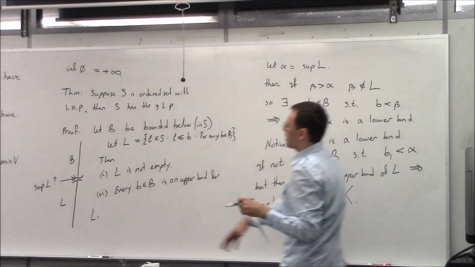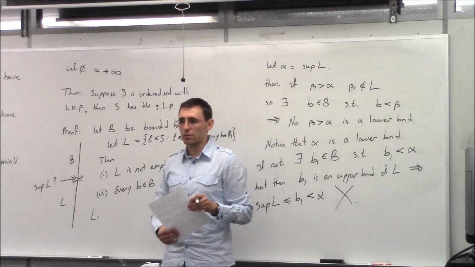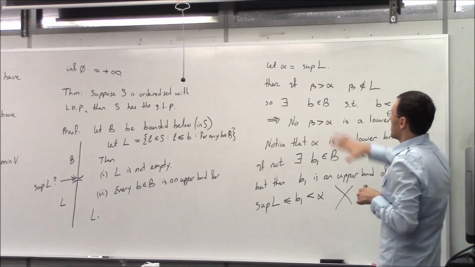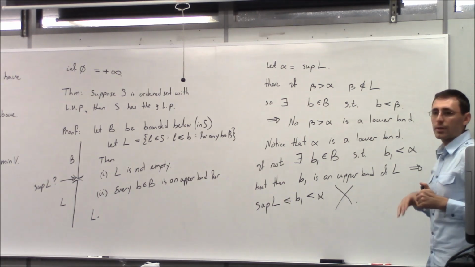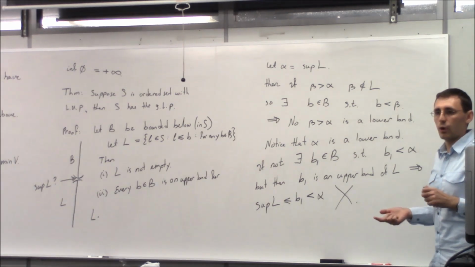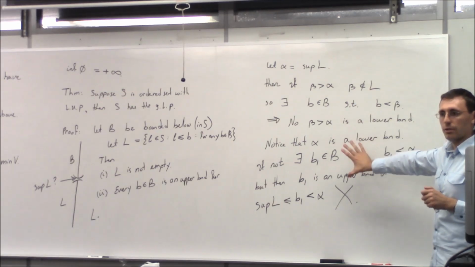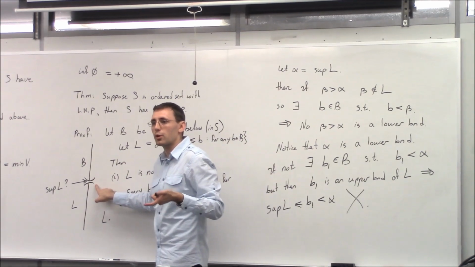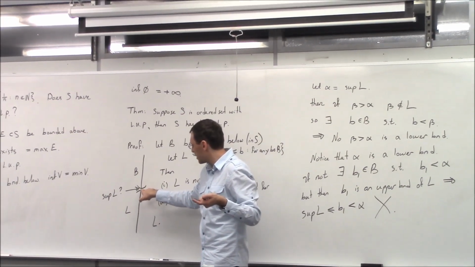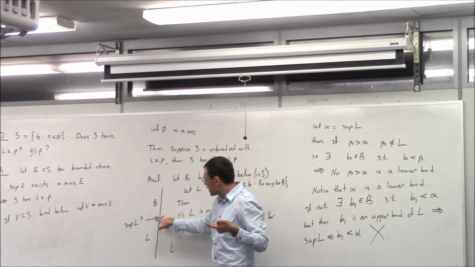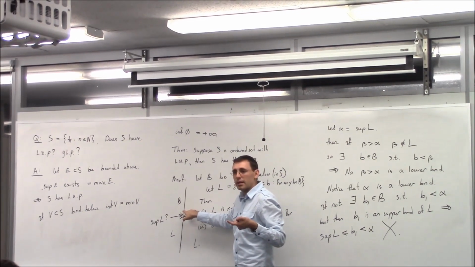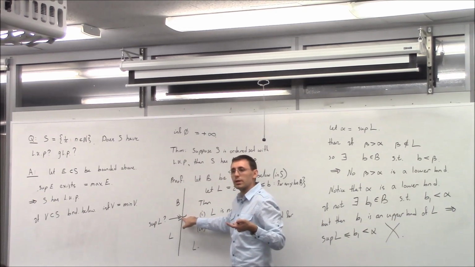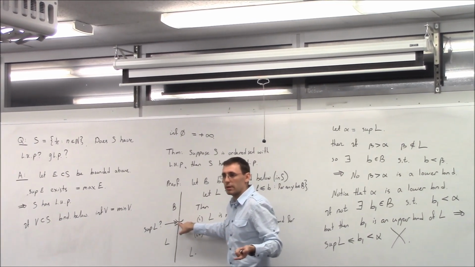You see? I mean, you can draw the picture, the picture is already suggesting what you should do, but formally speaking, you see why this is now a proof that the least upper bound property guarantees the greatest lower bound property. Make sense? Everything understood? Just don't get lost in the details. Draw this picture, try to prove it on your own, right? Just think about this picture, you see what happens, right? Nothing bigger can be a lower bound, like in the picture, right? And this has to be a lower bound itself, so that makes it the greatest lower bound. That's it.